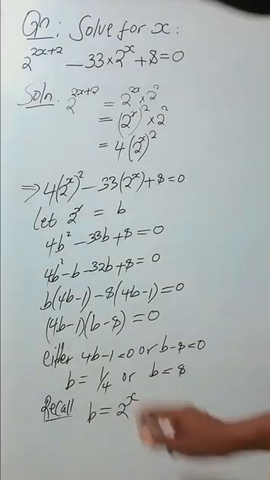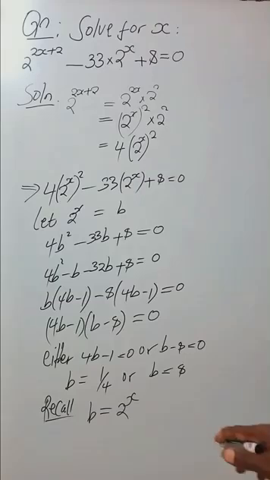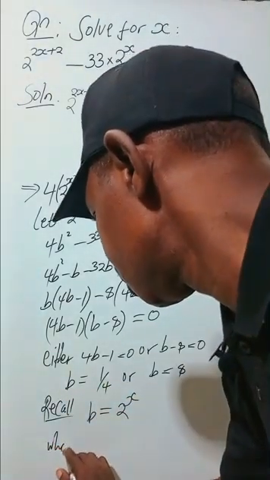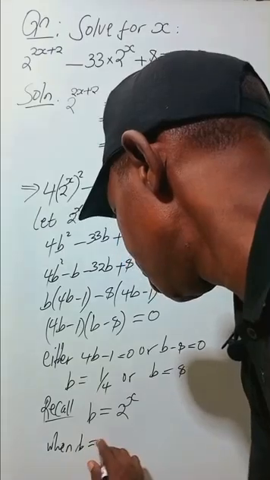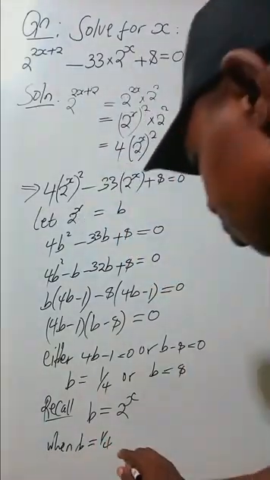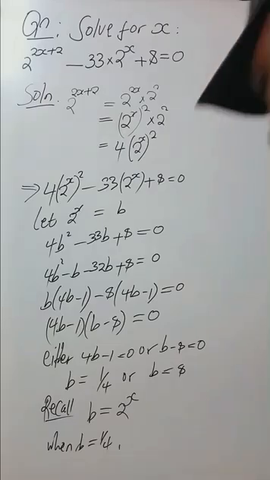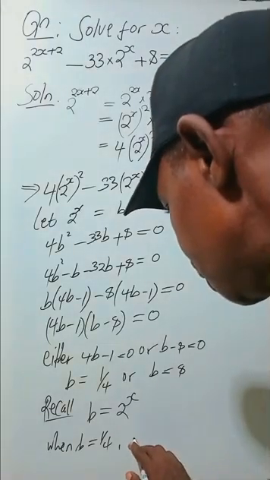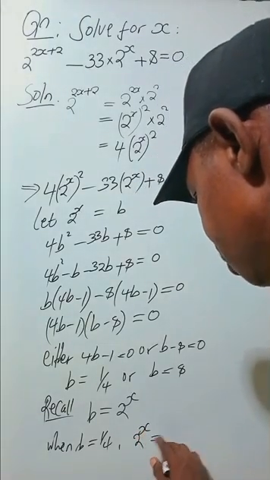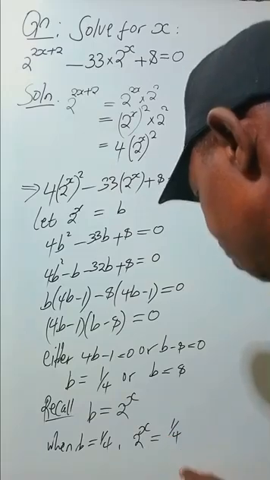So when b equals 1 over 4, we shall have 2 power x to be equal to 1 over 4,